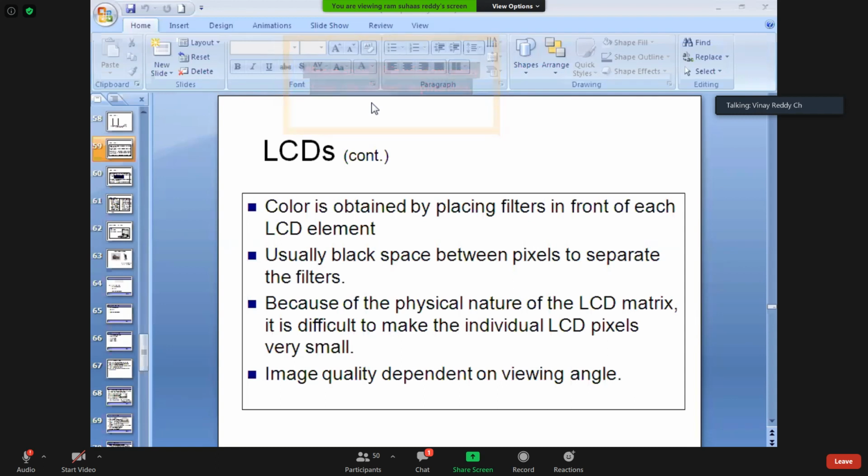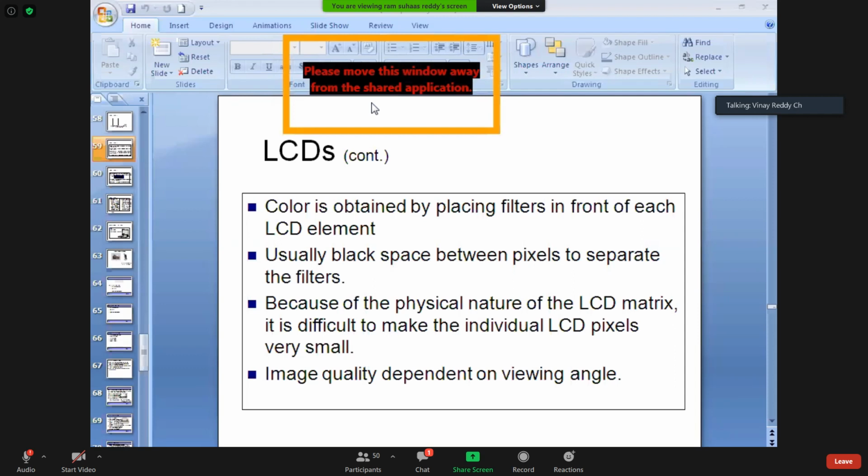If you go to your own villages, their TVs will be the same. Old TVs still running. Even at my home in Hyderabad, they are using the same old TV only. This CRT kind of TV, almost 25 years. In 1995, Sharp is the TV name. So still we are using it.